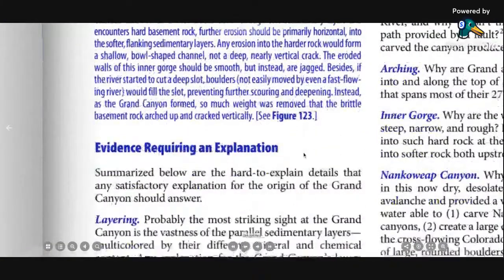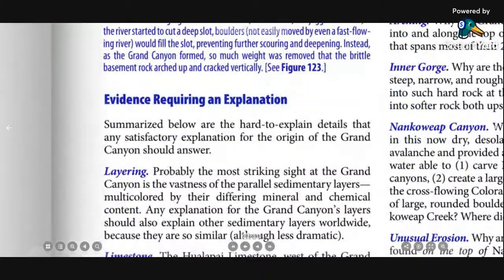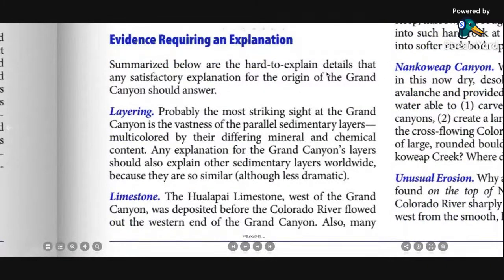Summarized below are the hard-to-explain details that any satisfactory explanation for the origin of Grand Canyon should answer. Layering. Probably the most striking sight at the Grand Canyon is the vastness of the parallel sedimentary layers, multicolored in their differing material and chemical content. Any explanation for the Grand Canyon's layers should also explain other sedimentary layers worldwide because they are so similar, although